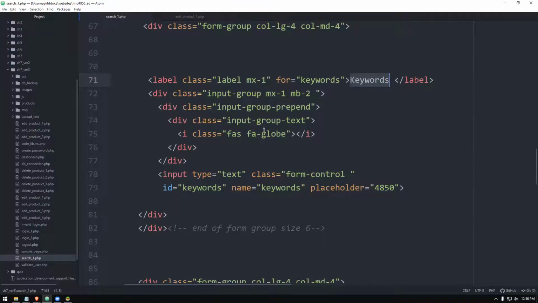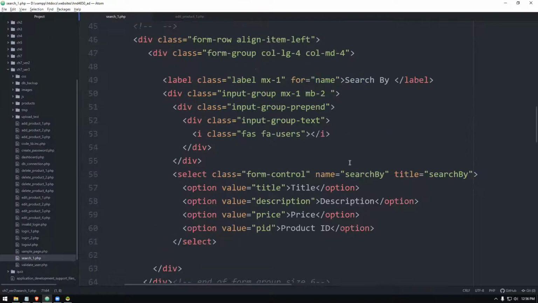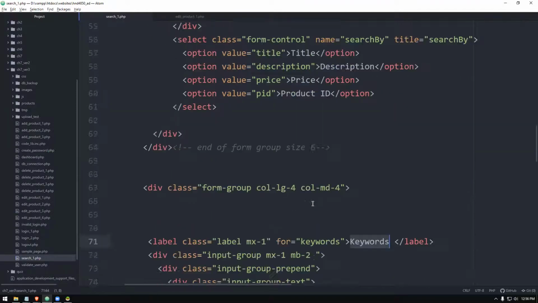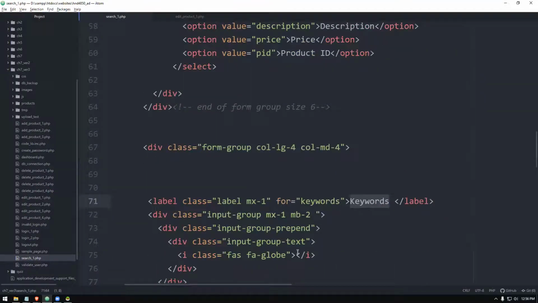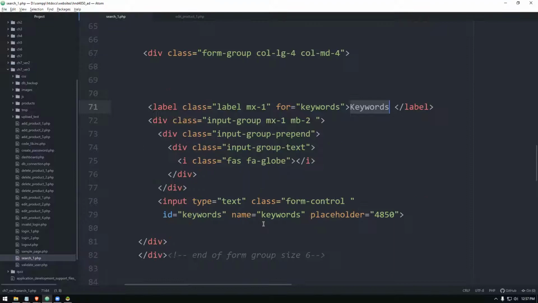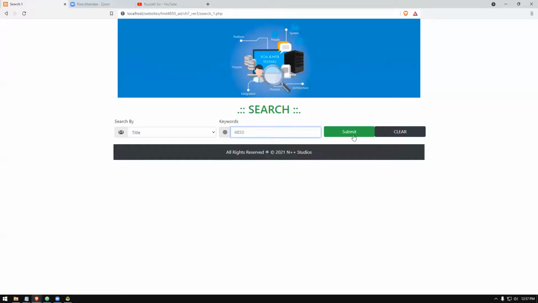So from this page to the next page, what are the things that we are taking is one is search by what type of a thing you're going to search and what keywords under that. For example, you are searching by title and you're searching for, let's say, a shop. You're searching for a used mobile phone, something like that. So we can search. Then finally we have two buttons, that's all, right? So we can just check this out, how it works.